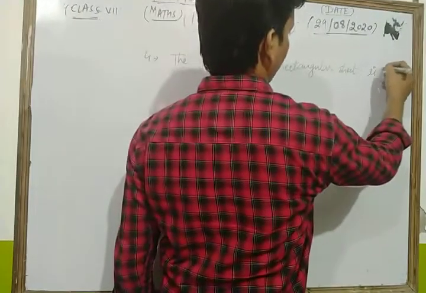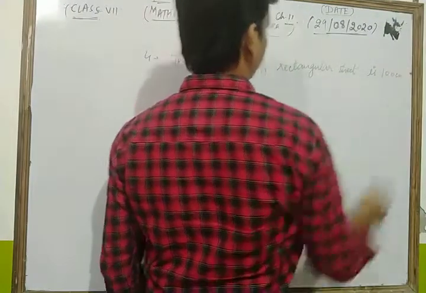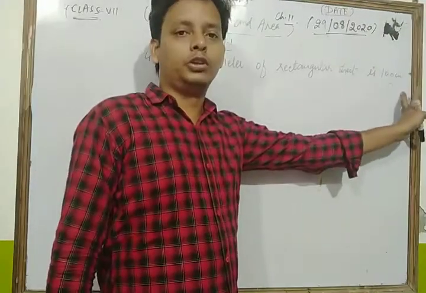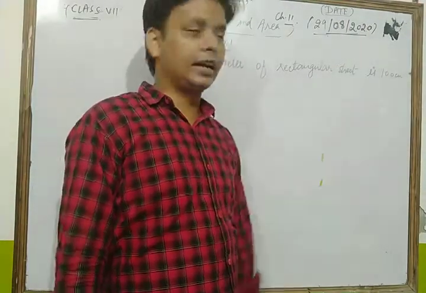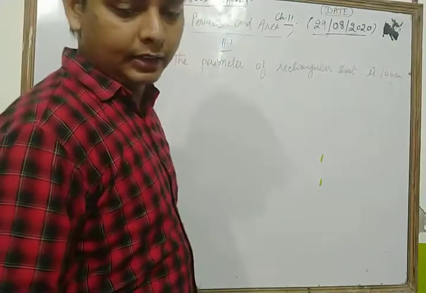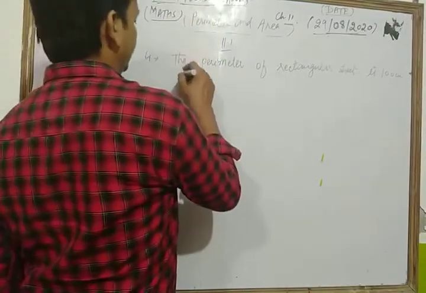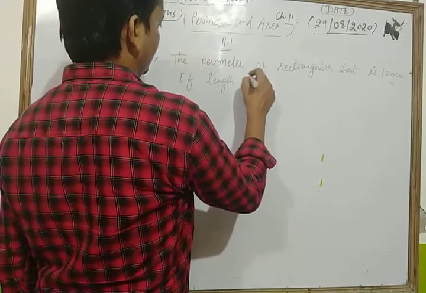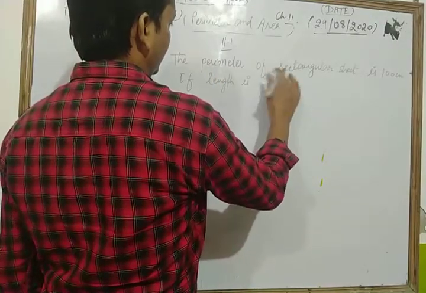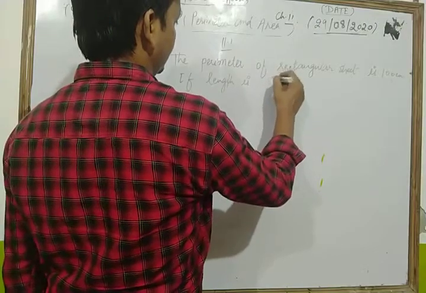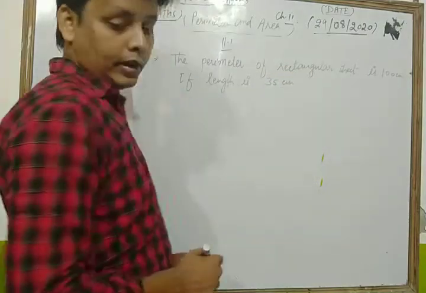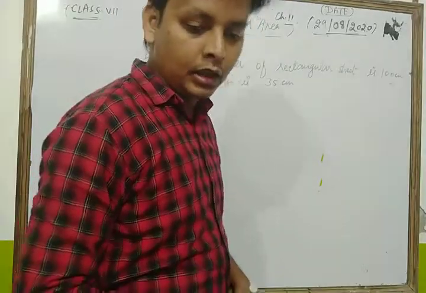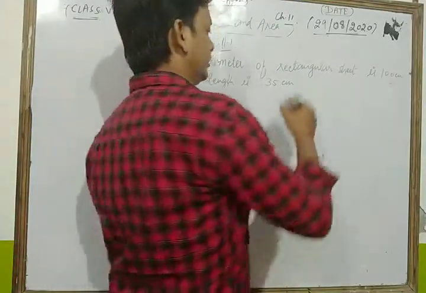Because perimeter is always in units, centimeter or meter, so it is 100 centimeter. If length is 35 centimeter,